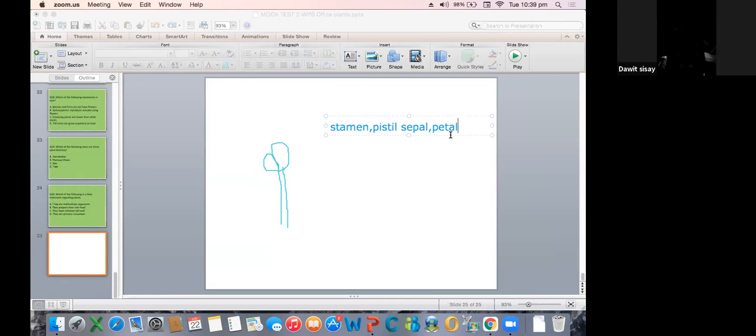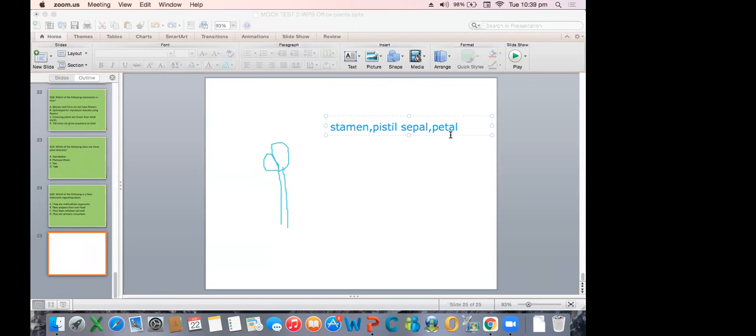What is this? David, what is the answer? A stamen. Very good. What is this upper portion of this stamen called? And is it a male reproductive part in the flower or the female reproductive part of the flower? Male reproductive. Very good. And what is this upper portion called? Anther. Okay, very good.